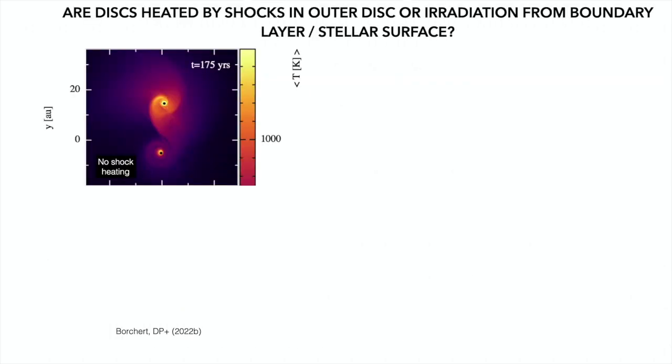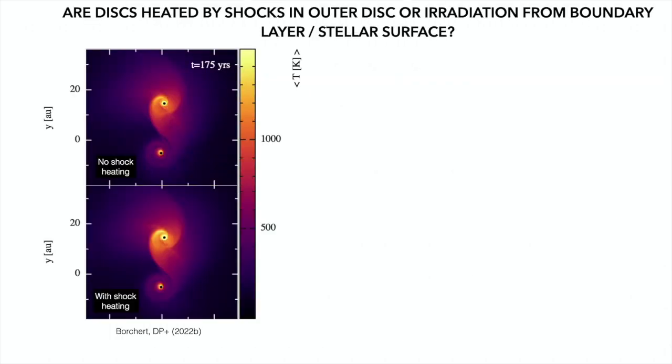All right, there's another little subtopic here, which is about disk heating, and it also relates to the environmental interaction that we're seeing in disks. In these flyby simulations, you can figure out how much the disk is heated, and in particular, you can take account of how much heating would come from the shocks that you make in disks. Most of the heating comes from the central object and the accretion luminosity, but you can add the heating from the shocks, and we did that, and that's the bottom picture. If you don't take that into account, that's the top picture. Okay, you see any difference? There's like 10 or 20 Kelvin in there, maybe 50, but not much.